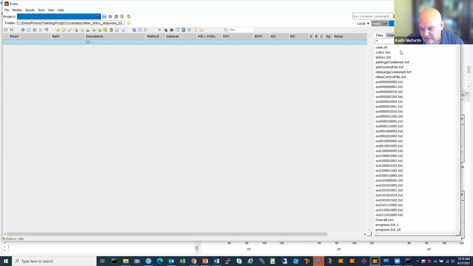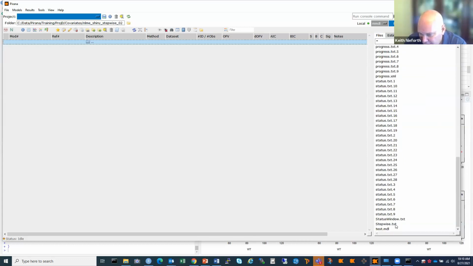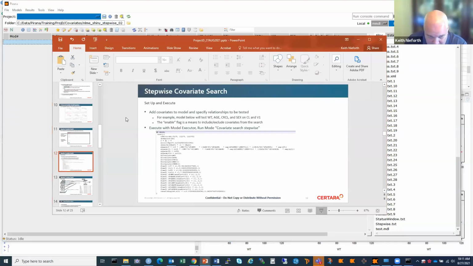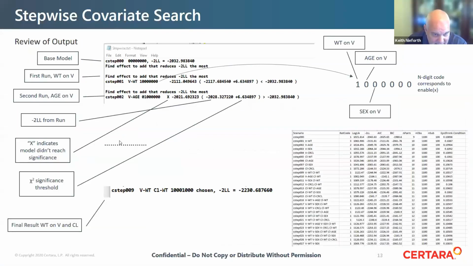If we look over at files, you see a lot of output here, right? And if you go into these text files, it's output from the individual runs. But the important pieces of output in this set of files are the overall, and then down here we have stepwise text, right? And I have a slide on interpreting the stepwise text. So I'll open that file in a minute, but essentially it looks like this,